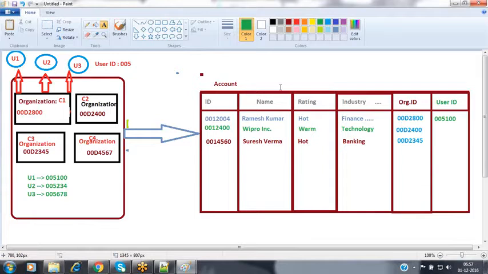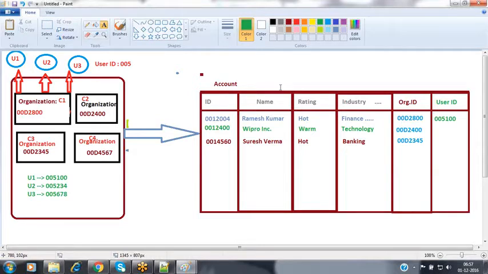Even though each and every person belongs to a different organization, Salesforce is maintaining only one set of tables, not multiple sets of tables. In that table only all our records will be created. Then in order to provide security for each and every record, along with that record information, it is going to store your organization ID as well as your user ID. Because inside a single organization, you may have multiple users. In order to differentiate and provide accessibility of the records between the users, it maintains that user ID column also. So because of this feature, we are going to make that visibility.